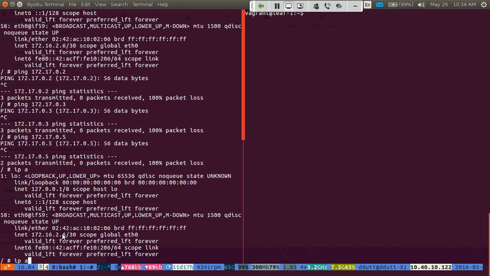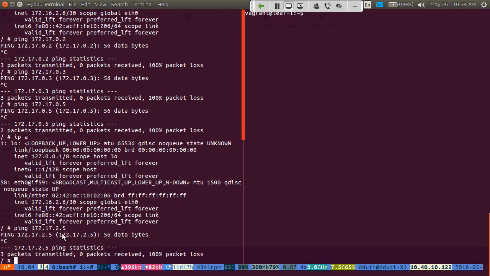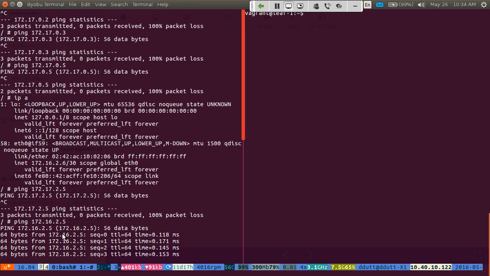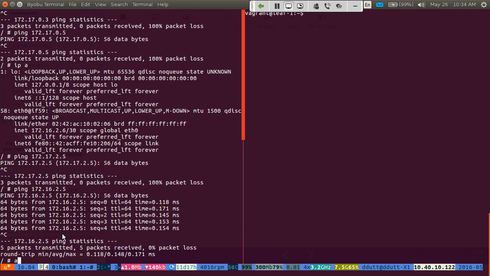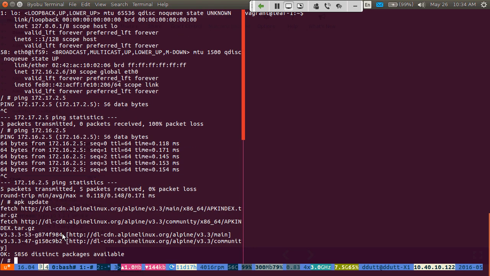So there must be 172.22.0.1. That's the default gateway, and I can communicate with that. Can I do the update like I did before to the external world? Yes, I can communicate with the external world.